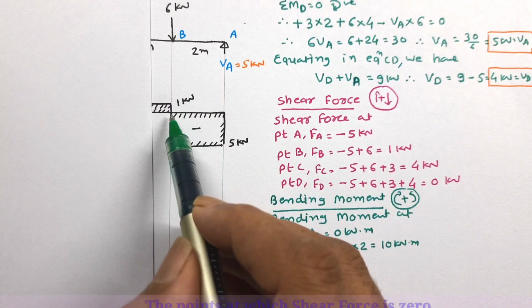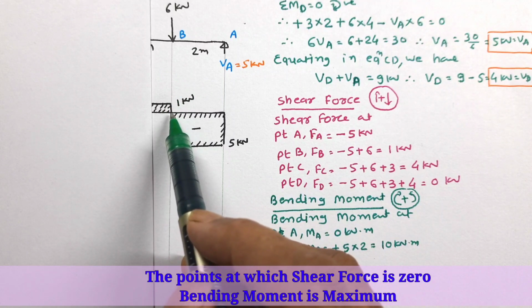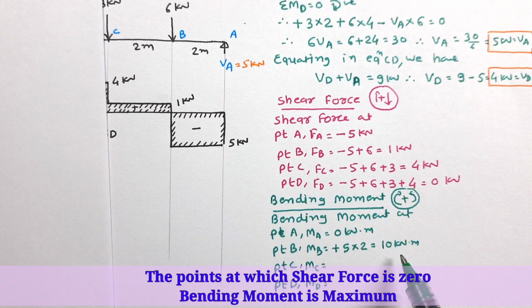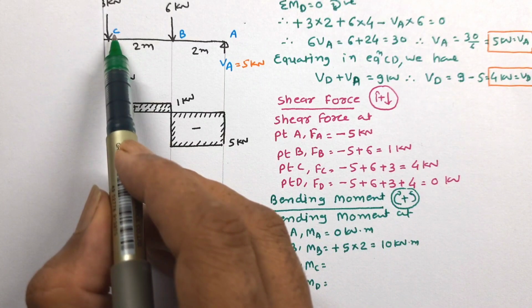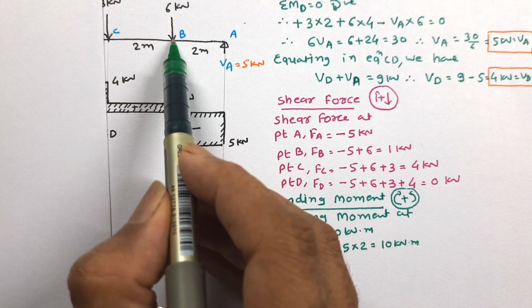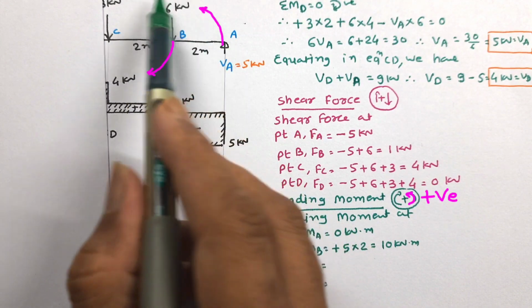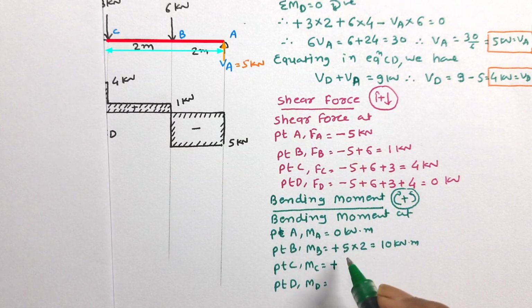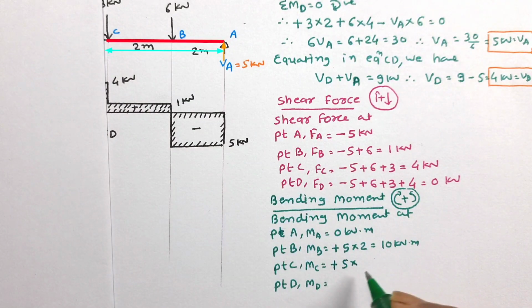We can see here shear force is 0. At point B, shear force is 0. So this should be maximum bending moment among all points. Let us check it and work out moment at point C. On right hand side of C point, 2 point loads are there which will cause moment. So due to VA, it will be in anti-clockwise direction. So it is plus. Force is 5 and distance from A to C, that is 4.